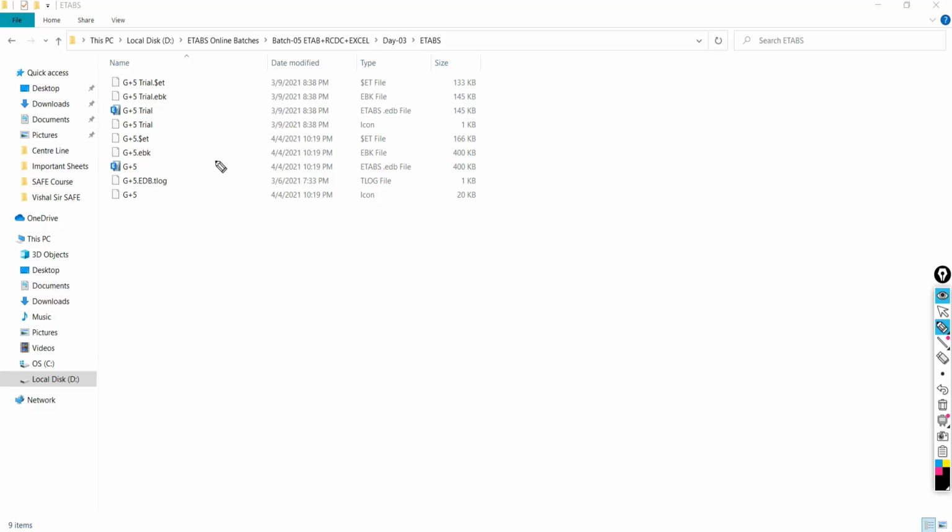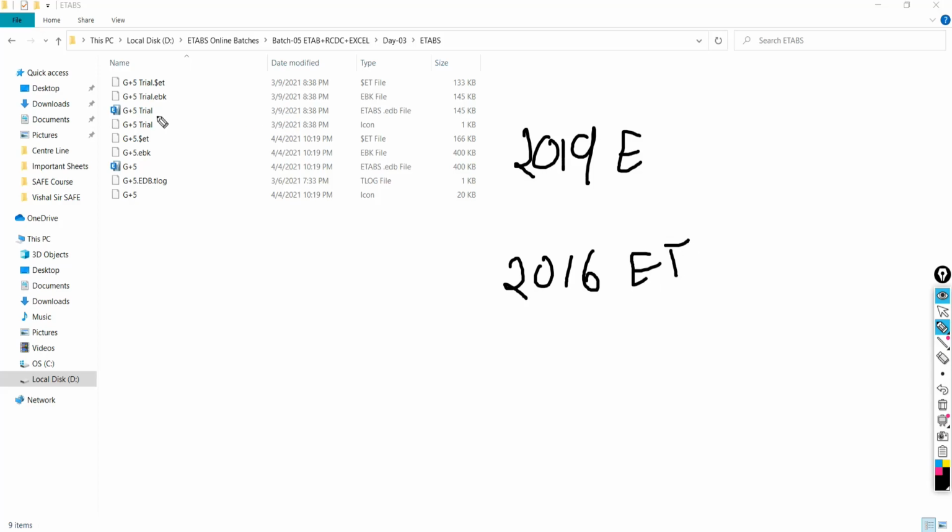Now what is the solution? Suppose you are using the 2019 version of ETABS, and I am using the 2016 version, and I want to take your model into my 2016 software. Then what can I do?